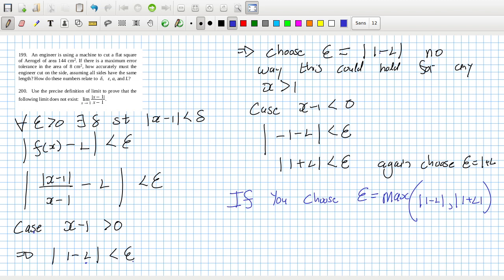And even if the second case was true, you would have chosen an epsilon that either is equal to or is bigger than this. So if you choose epsilon equal to that, we can never have this situation, f of x minus L less than epsilon,